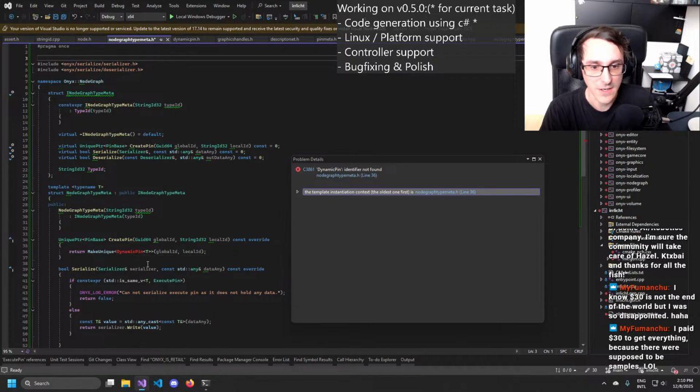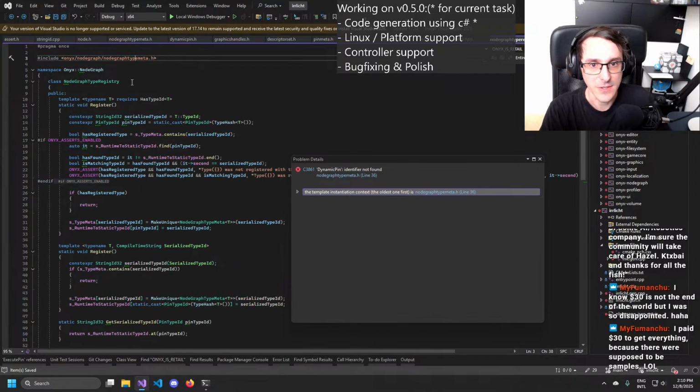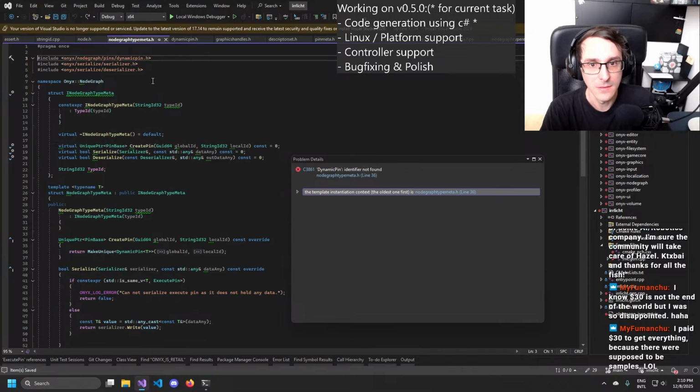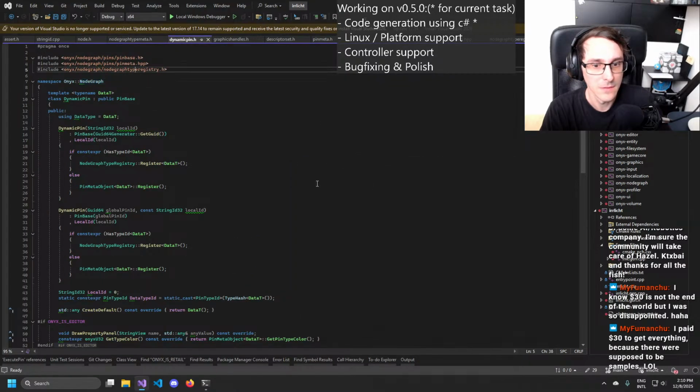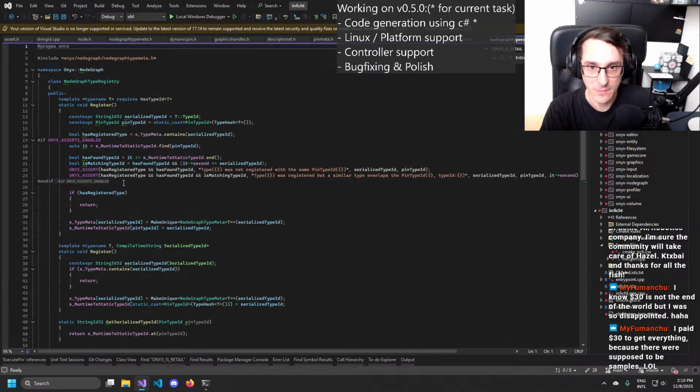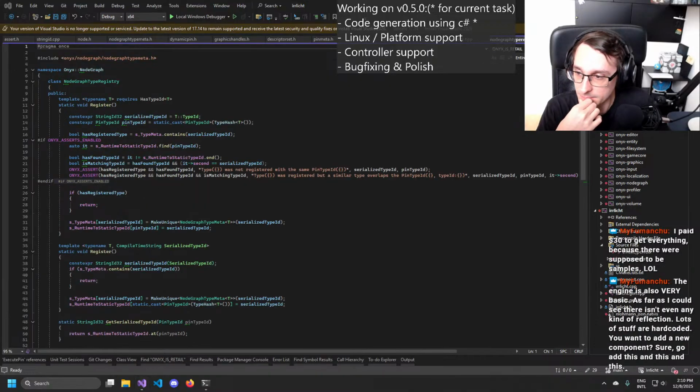Ah, because of that. So dynamic pin is not allowed to include node graph type meta. I mean, we can probably move it out, but